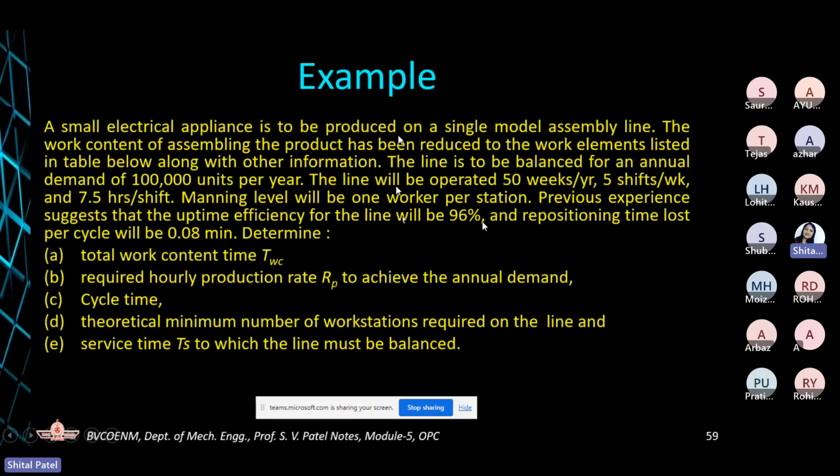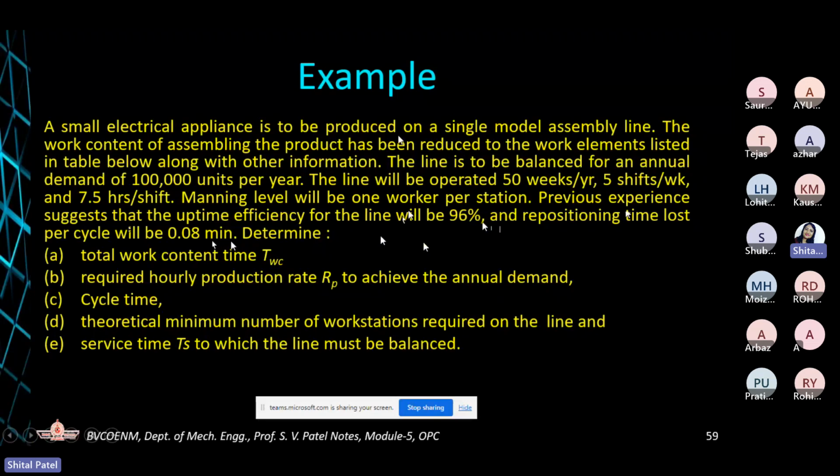So for workers also we are paying salary, right? So as far as possible, try to avoid idleness of workers as well. Okay, now next, the previous experience suggests that the uptime efficiency for the line will be 96 percent. So here the efficiency of the line, belonging to the workstations, is 96%, and repositioning time lost per cycle